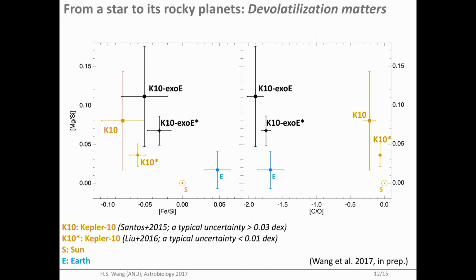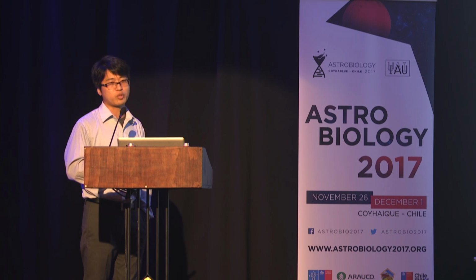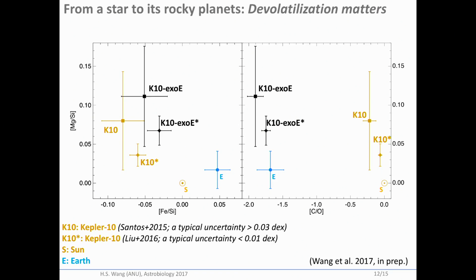So even in the case of iron to silicon that are slightly depleted, we still can see this significant difference between the star and the planet, especially for the more precisely determined abundances. And for carbon and oxygen, this difference is more profound. It's about 1.7 dex, that is about 3 orders of magnitude. So this will have a profound impact on the interior mineralogy calculation and even structure as well as habitability analysis for these rocky exoplanets. So we made one more test.